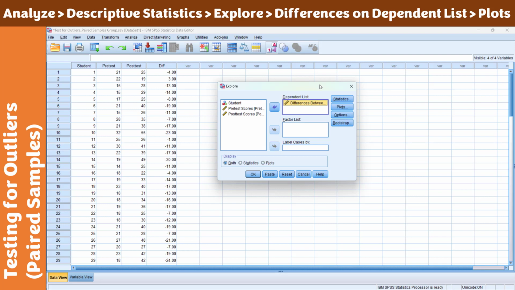That is why for some cases, the third and the fourth assumption is done simultaneously because you will have sets of data already. But what we just need for this video is the test for significant outliers. So let's not click these plots because that will be for the fourth assumption, which will be given by a separate video. With this here, you might want to click just plots or statistics, but the default is both. That's already okay. Once you place your differences here, simply click OK, and you will have this result.